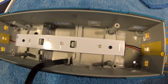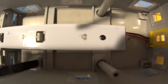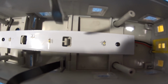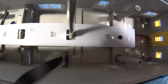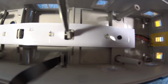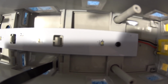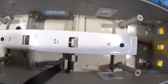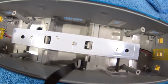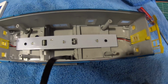Alright, so actually these little tabs don't want to push out because there's this little piece of plastic, and you can see right here that basically is holding this from pushing this way. So if you take a little hobby knife and just slice off that little piece, sort of like I did on this side over here, then you'll notice that these just move really freely now. You can push them in and get the cupola off. So just trim those out, and then you'll be able to get it on and off easy just by squeezing